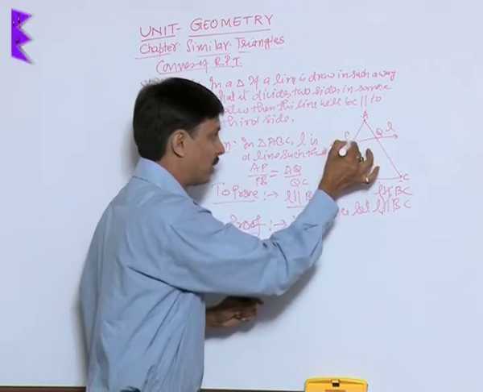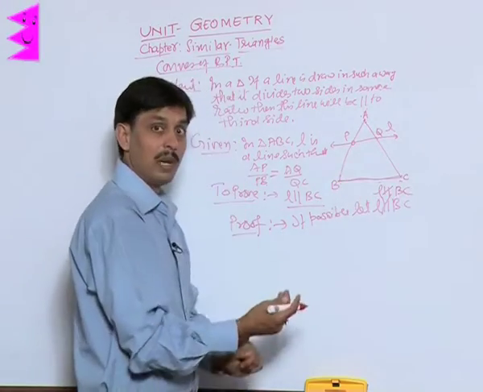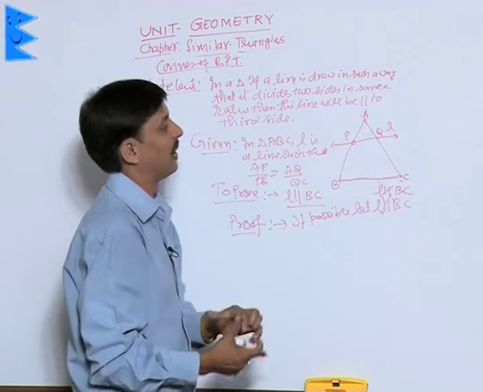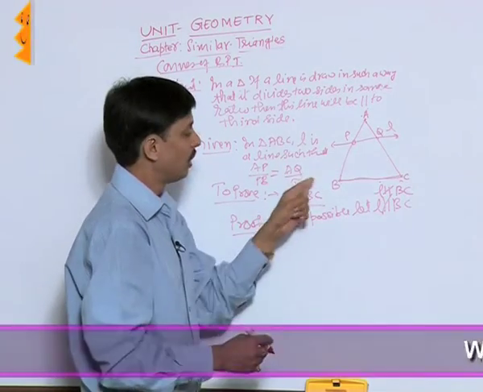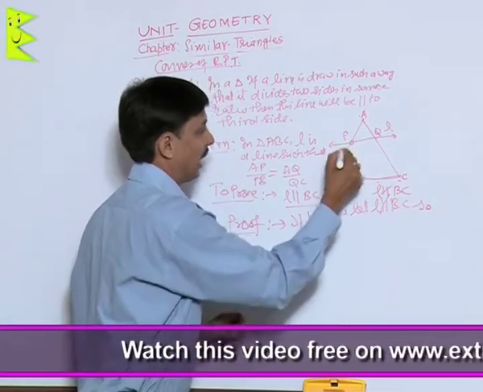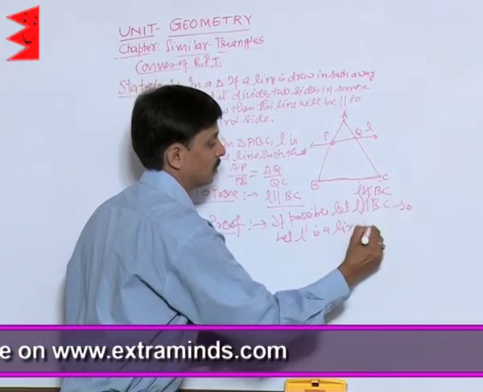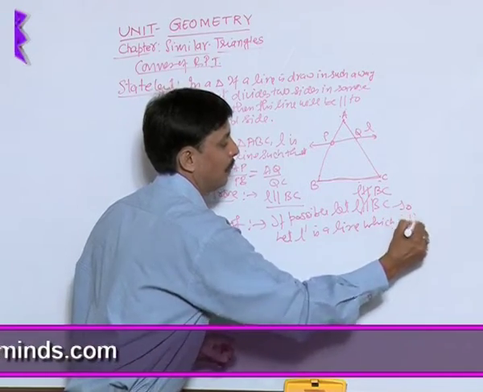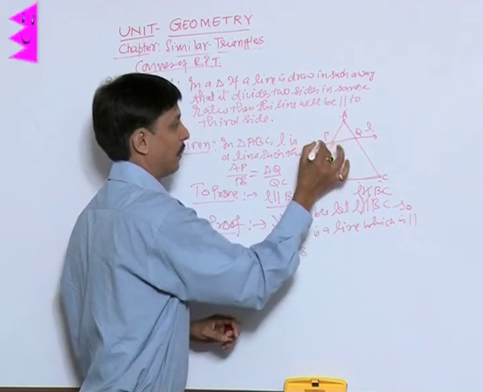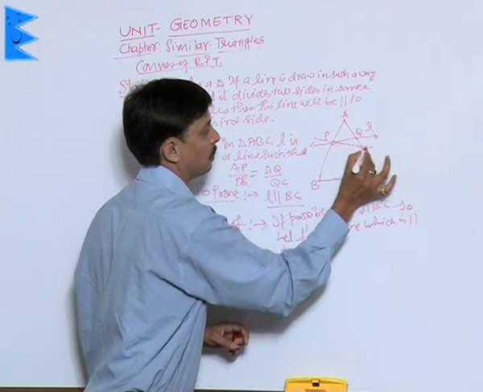Then from a point P, which is outside the line BC, there will be infinitely many lines that can be drawn, but out of these infinite lines, one line will be parallel to BC. So let L dash be a line which is parallel to BC. I have drawn one more, separate line L dash, which is passing through P and is parallel to BC.